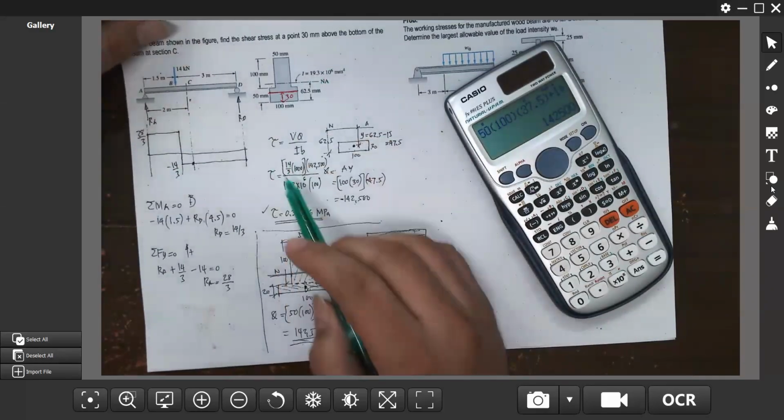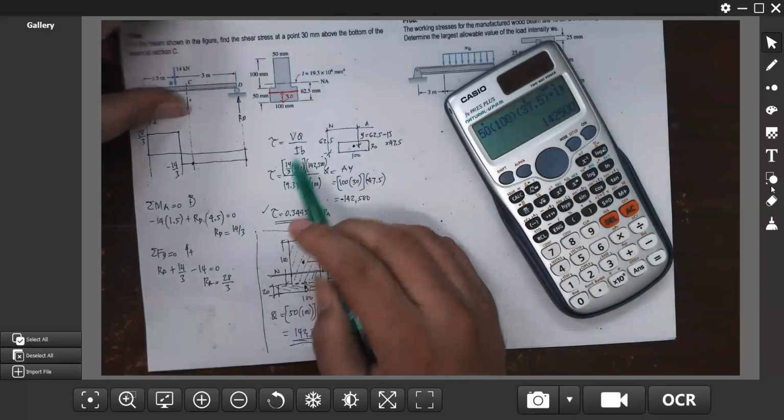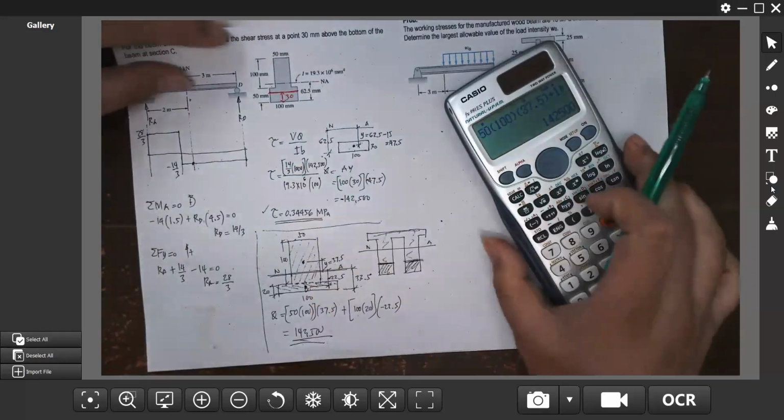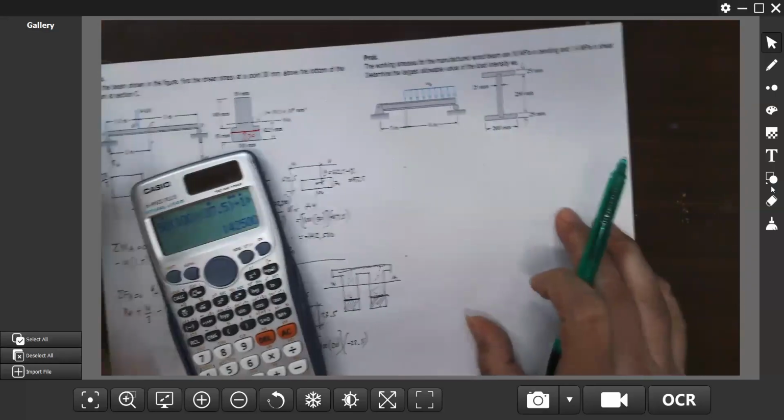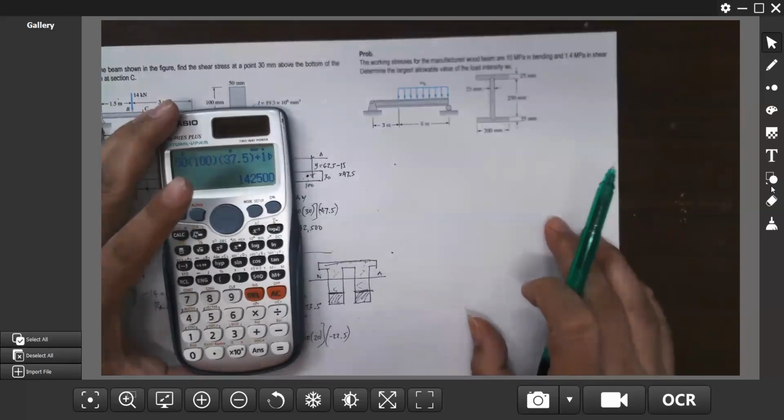You can use the parallel axis theorem, if ever d is given. For the second one,